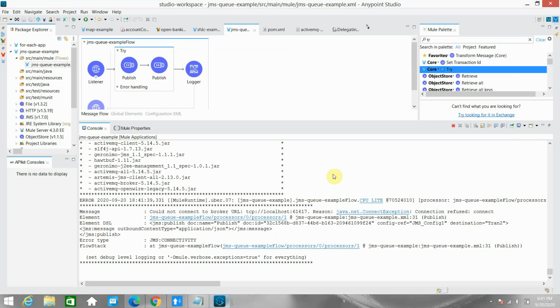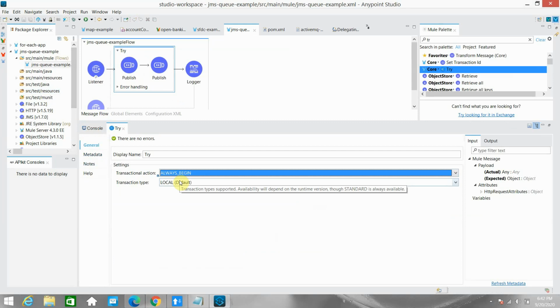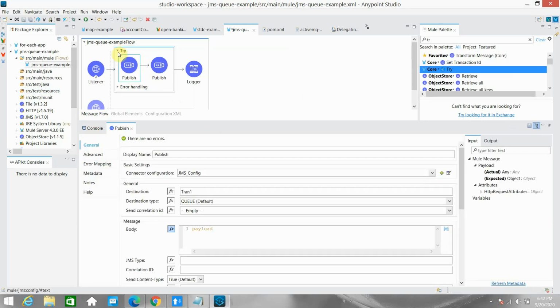Now let me show you something. I will use try. In try you can always begin the transaction. Once I start the flow, there is always a transaction, right? In that case the message will either be published to both queues or not published to a single queue also.